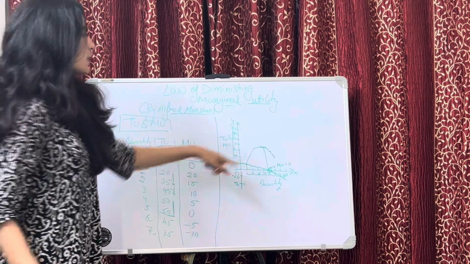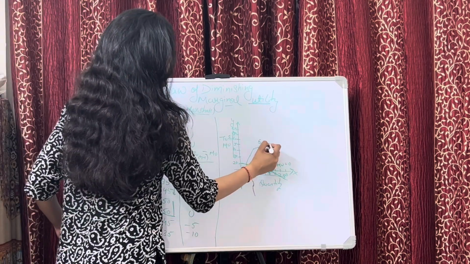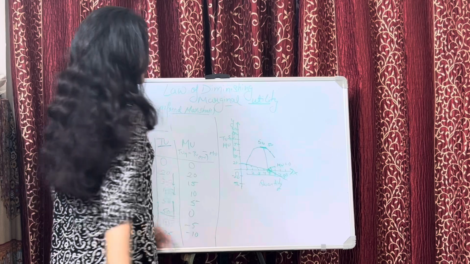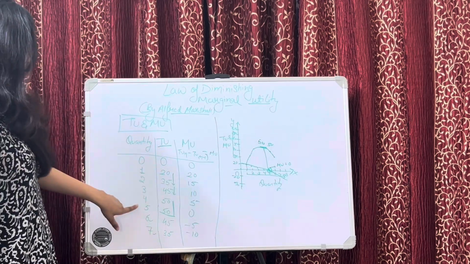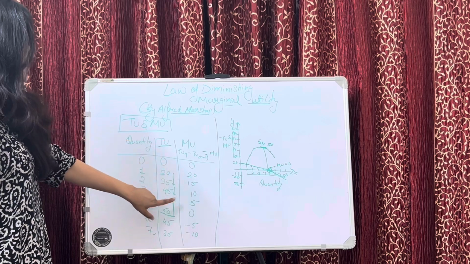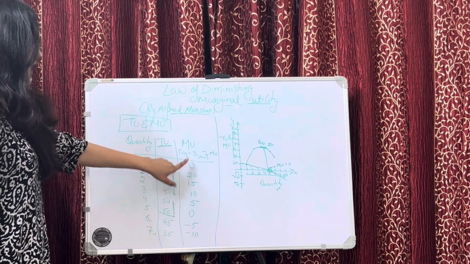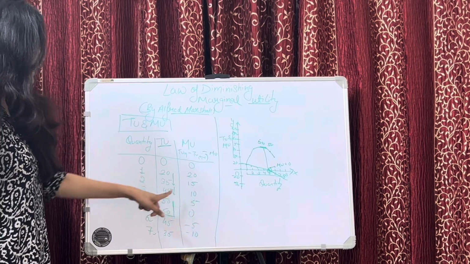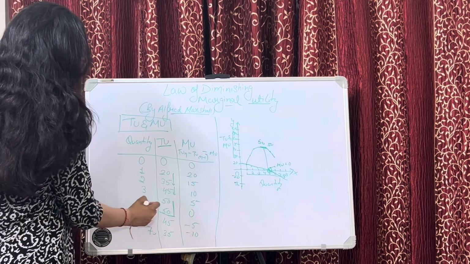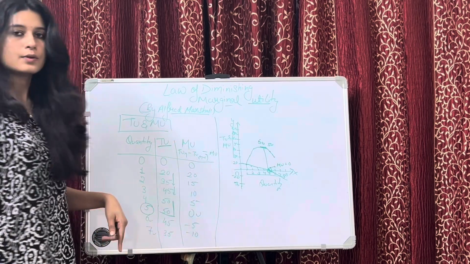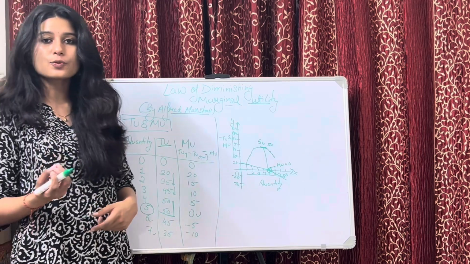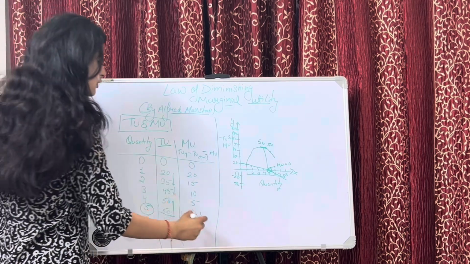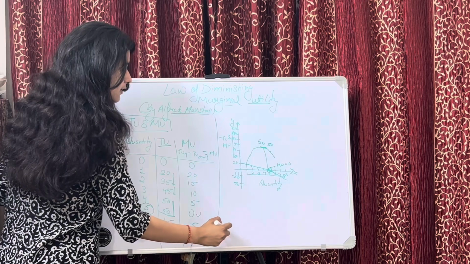Okay, the total utility is at maximum, that is 50, and here also 50, that is constant, and here it is maximum. You can see in the table also, like in 5th and 4th unit, the total utility is maximum, that is 50, and your marginal utility is still declining, and at the unit of 5th commodity it is 0. Okay, here it gets 0, and after this point if you are still consuming, then this will be the situation of, I would say, vomiting.